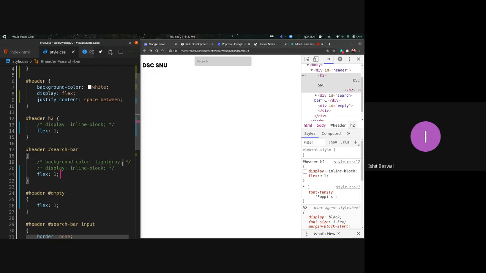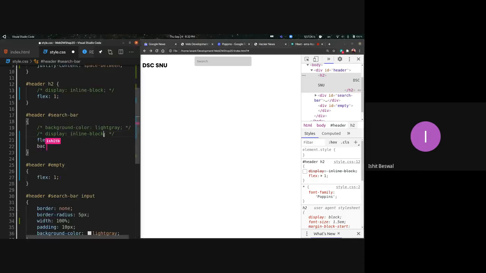Okay, so the next thing I wanted to do: someone also asked, what if you want to center only one element? This is actually something you'll be doing very often. For example, we'll be centering the input in the search bar division. Just to display it, for the search bar I'm going to give it a background color of, say, red.